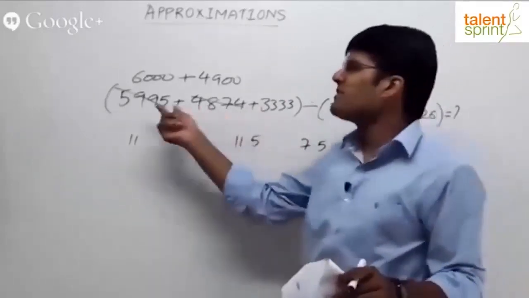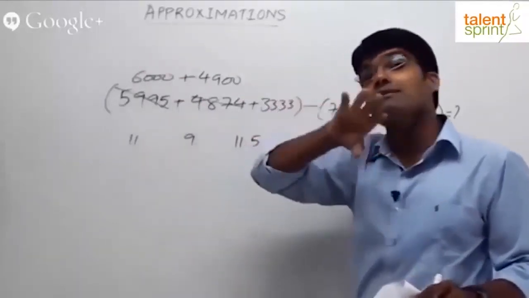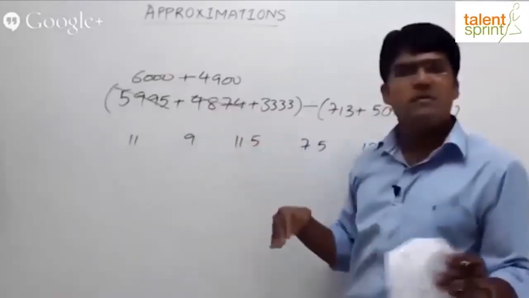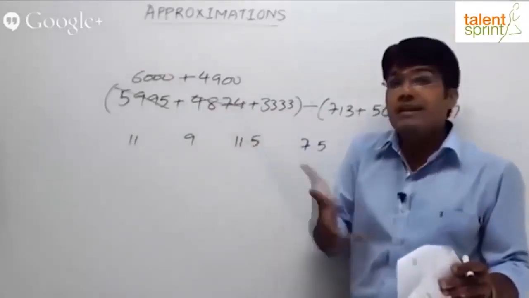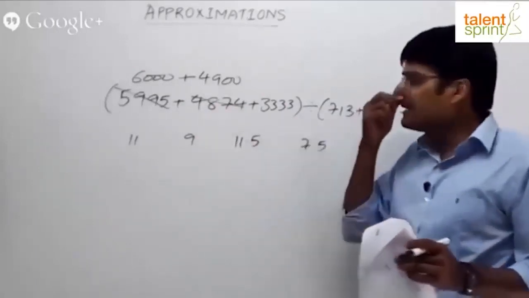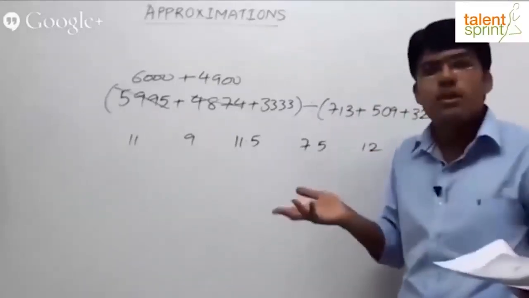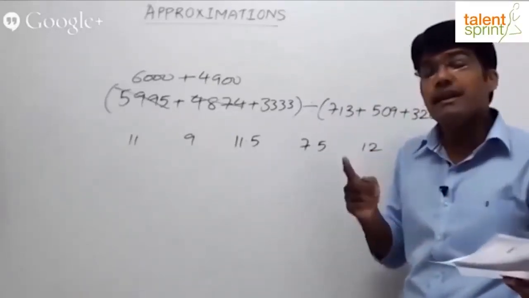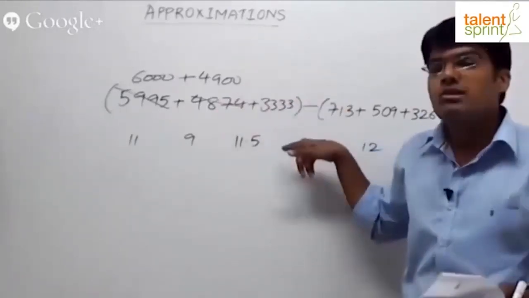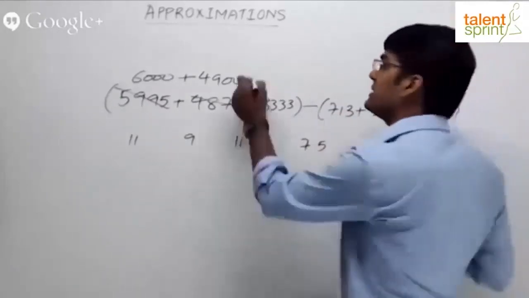So the point here is 5,995, I've taken 6,000, close to 6,000. But the one point which you need to keep in mind is it's 5 more. So you have increased the value. Likewise, 4,874, we have taken as 4,900. So 26 more, right? So just keep in mind that you are increasing. Now 3,333. Either you can take it as 3,350 or 3,400 if at all you want to go for that. But then understand, already we have increased the previous two values. So it's better that you decrease this one. So 3,333, if you decrease, can we take it as 3,300? Yes. So this is 3,300